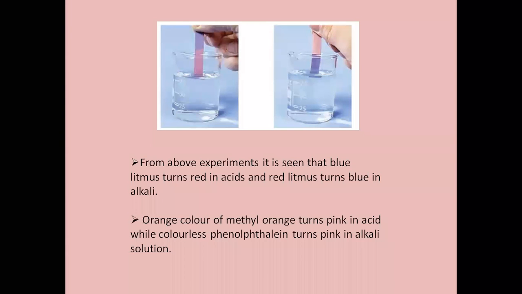So we are through with the color changes. But till here, my dear students, we were taking acids as being sour and bases as being bitter. And I had told you, is it possible that in the laboratory I can go and drink the solution and tell you which is acid or base? We can't drink and tell them, right? Only on the sense of taste we can't depend. So we need to know something else, that what exactly is present in acid that is giving the color changes to this litmus paper.